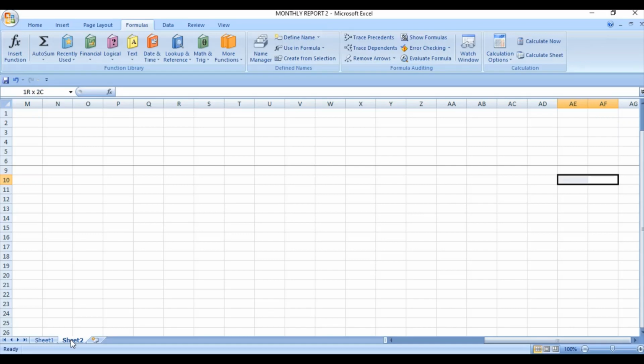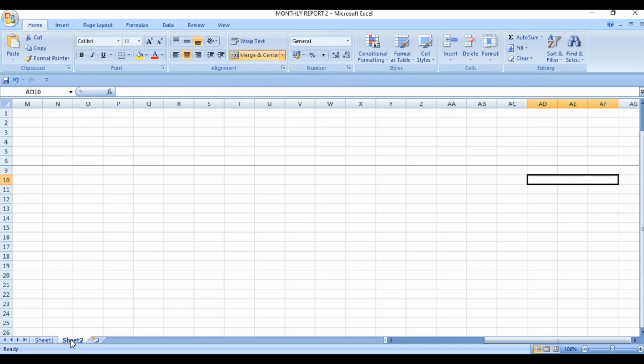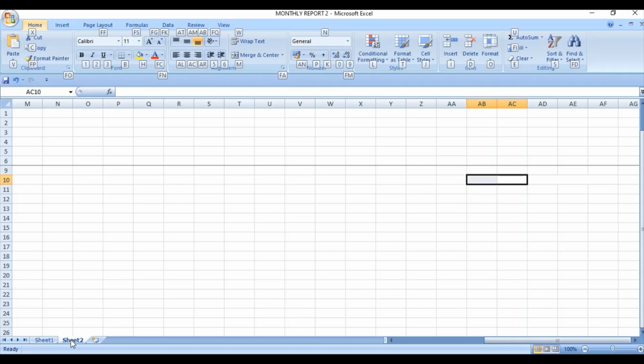Starting from the extreme right, we will merge 3 cells. You can use the keyboard shortcut Alt H M C. Then 2 cells, Alt H M C. Again 3 cells, Alt H M C. Again 3 cells.